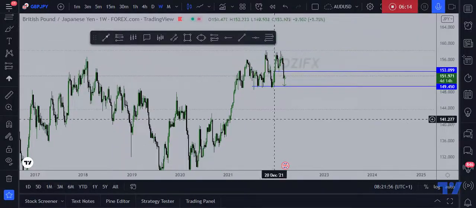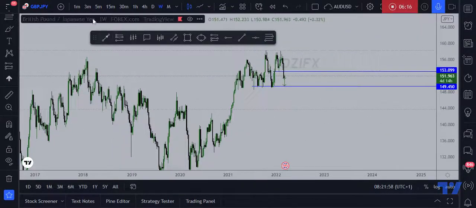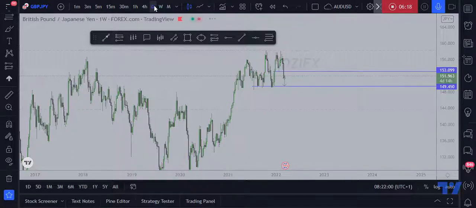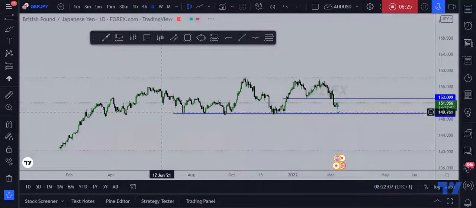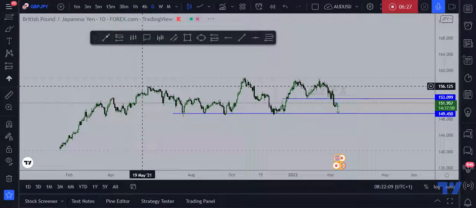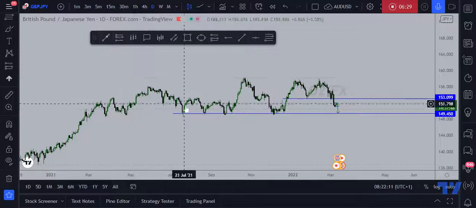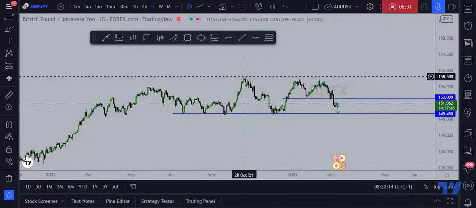I see it from the weekly. The overall structure of the market is on an uptrend. So on the daily, the market is kind of, I don't like to use this word, ranging. Kind of ranging. This was a high, it was a low, it was a high, it was a low,